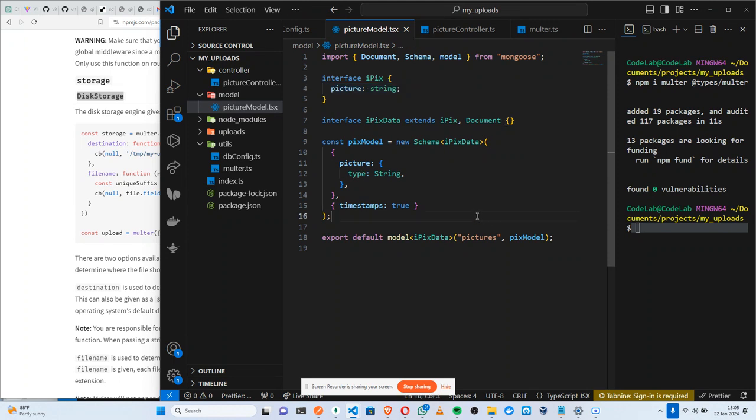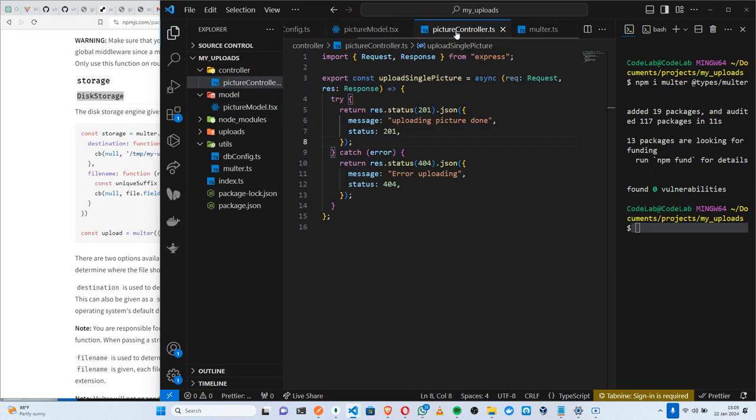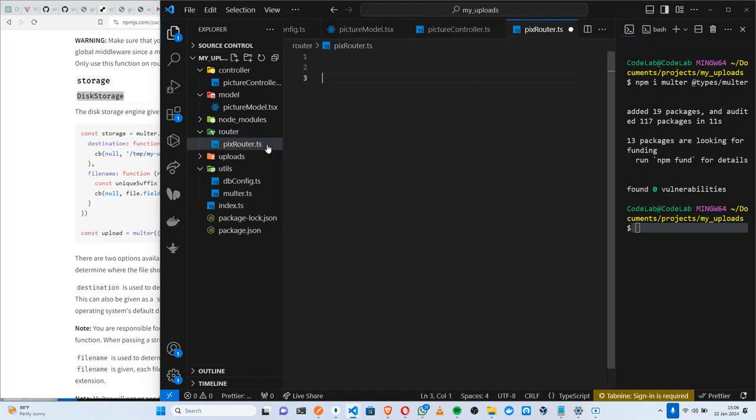Okay, so the next thing we need to do now is have it come to our controller, right? What we did here, let's have it in our controller. So the first thing first is, let me create our router. Inside our router, we're going to create, let's say, pix router.ts. So const router,